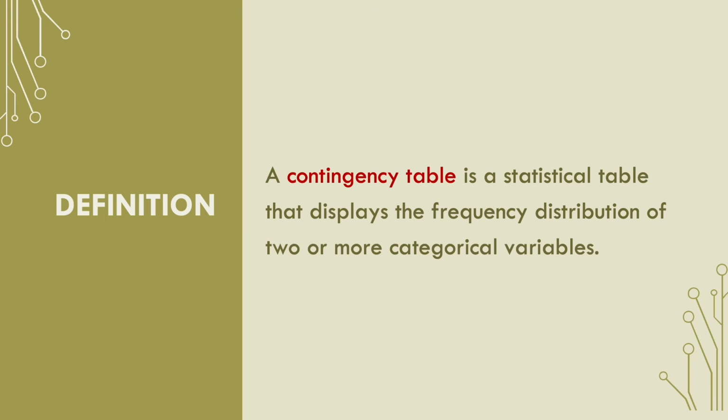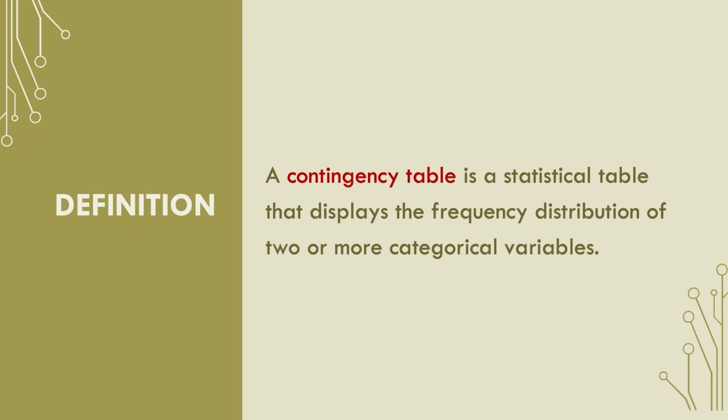A contingency table, also known as a cross tabulation or crosstab, is a statistical table that displays the frequency distribution of two or more categorical variables, showing the counts or percentages for each combination of categories. It allows us to organize categorical data according to two or more variables at the same time. Instead of looking at each variable separately, we can see how the categories of one variable are distributed across the categories of another variable. For example, we can use a contingency table to organize our respondents according to their blood